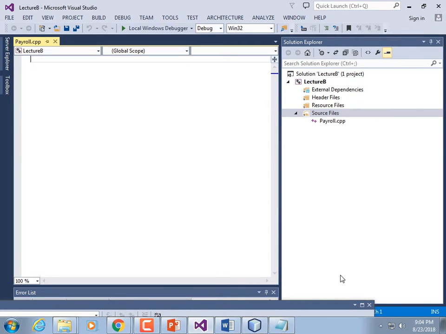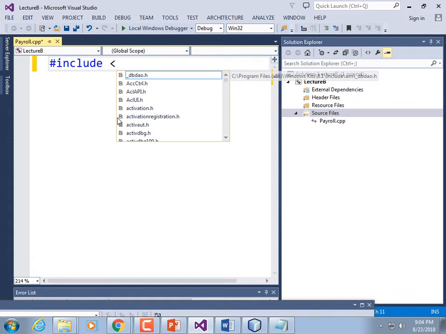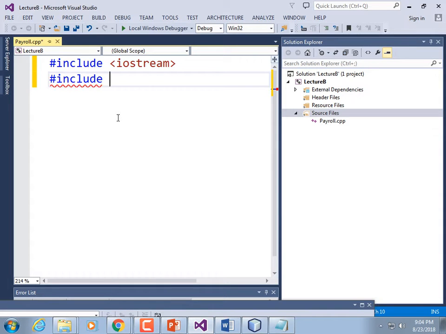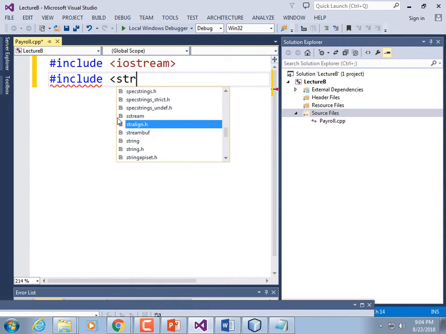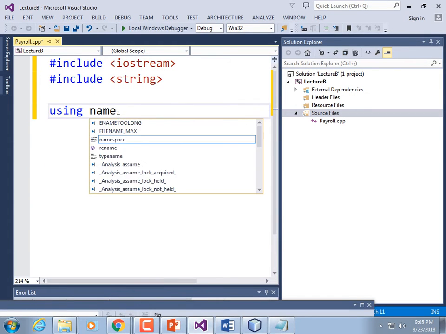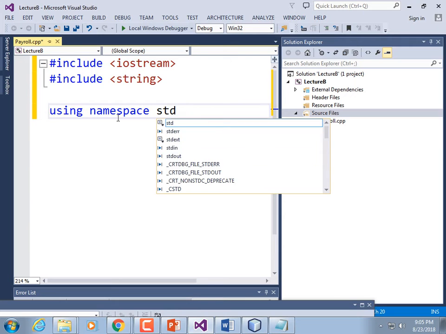Click Add. And now I'm going to type in all that boilerplate that I recommended you save as a file somewhere so you don't have to type it in each time. #include <iostream>, excuse me, iostream with no dot. I'm not going to need strings in this particular one, but I do it as a matter of habit anyways, so #include <string>. And then using namespace std;